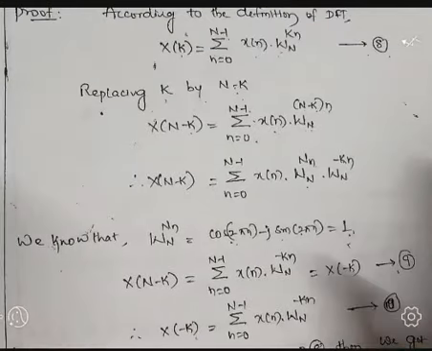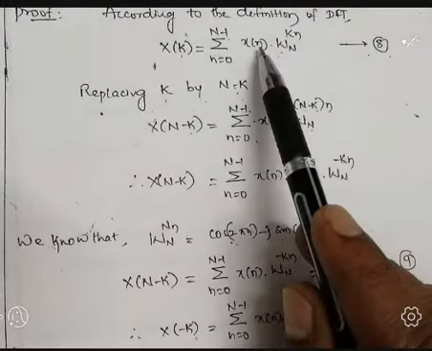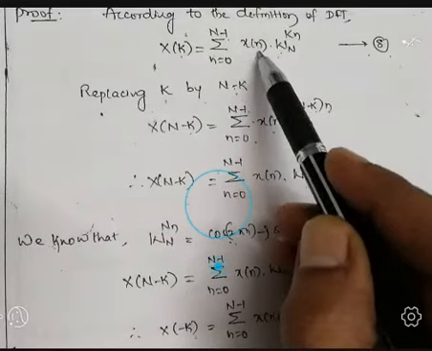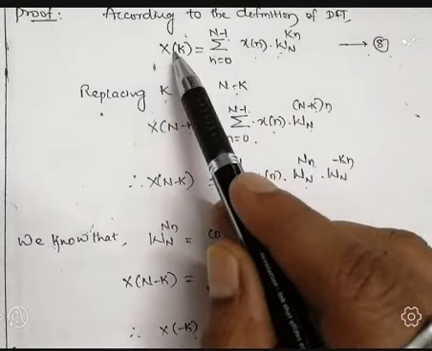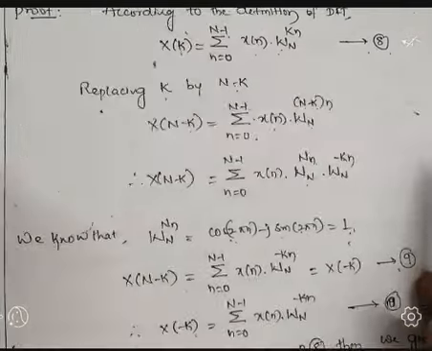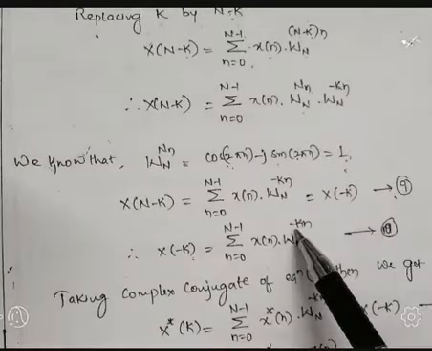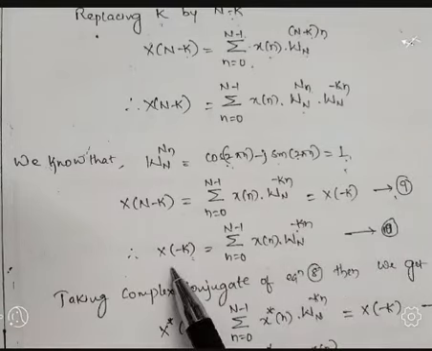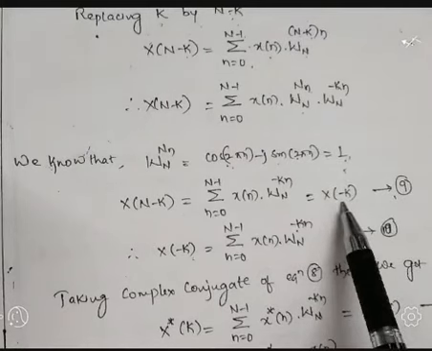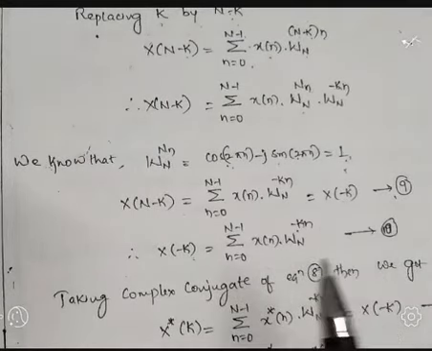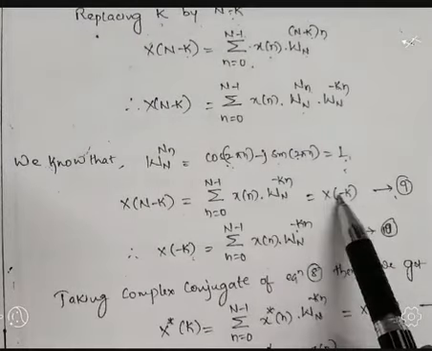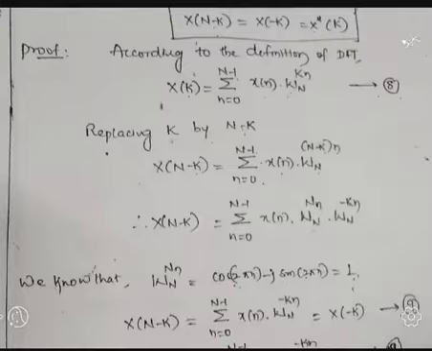Equation 8 is what? It is the DFT of x of n. DFT of x of n is represented by X of k. Your power term is k is there, because of that reason here plus k we got. Here in equation 9, power term is minus k is there. Hence it becomes X of minus k. So this is equal to X of minus k. What we see from equation 9, we put X of n minus k equal to X of minus k.